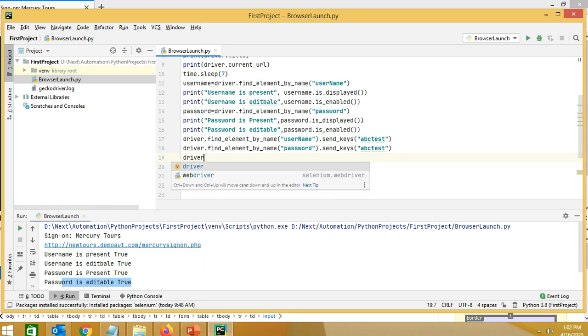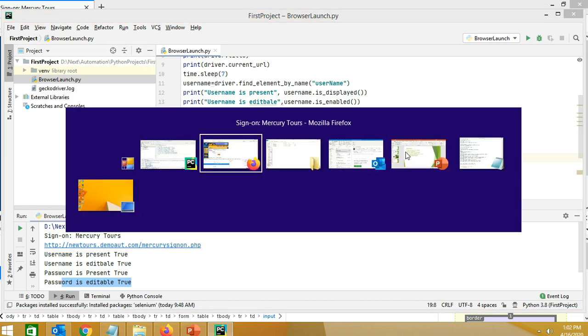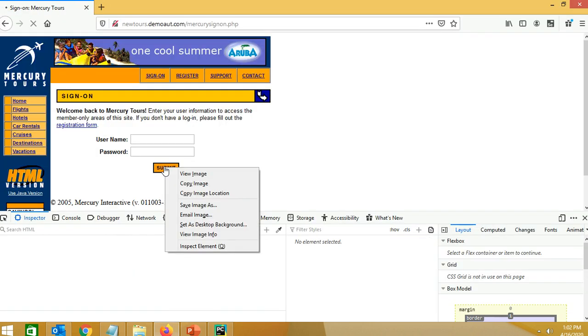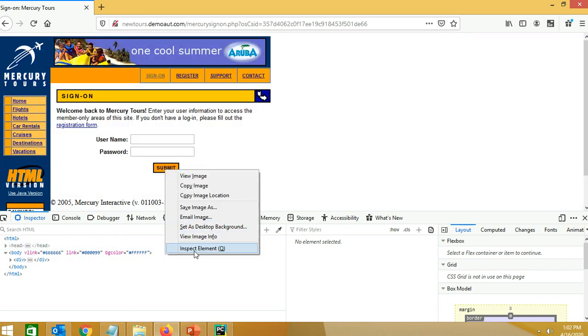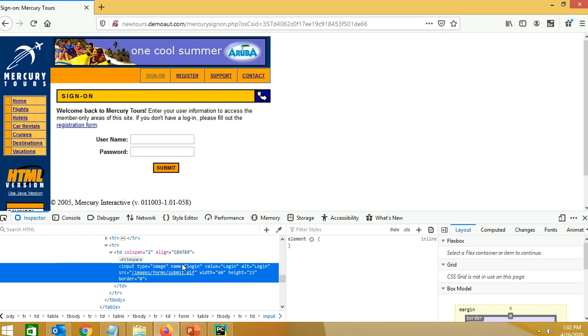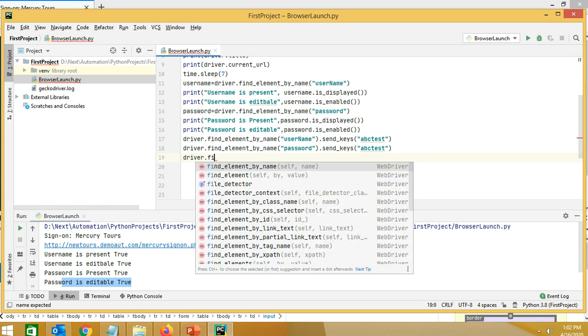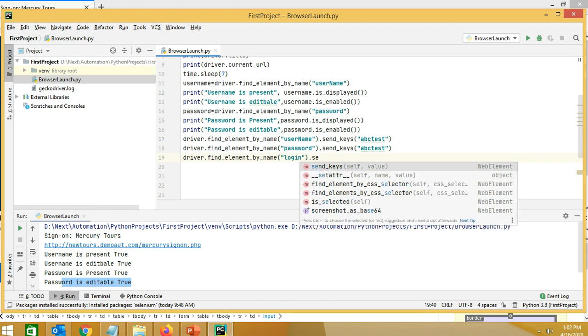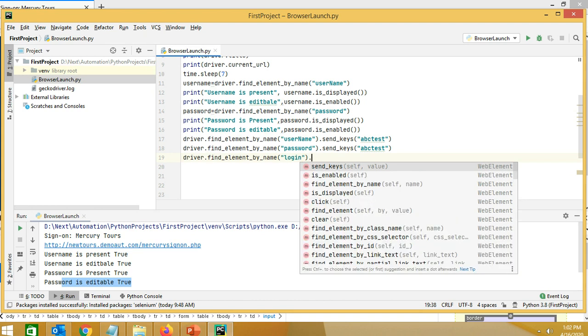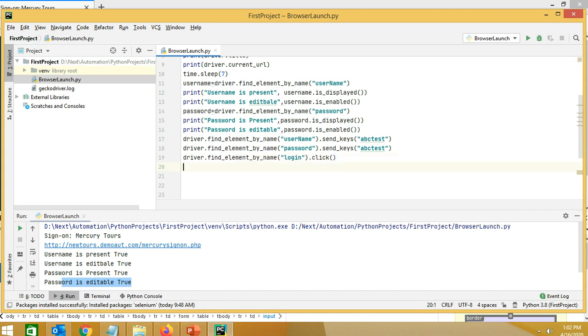Now let's click on the submit button on the screen. Let's take the ID of this submit button, and we can pick the element, that is find_element_by_name login. Now we need to click on this button, so click is the method for that, and after click we'll pass some sleep.